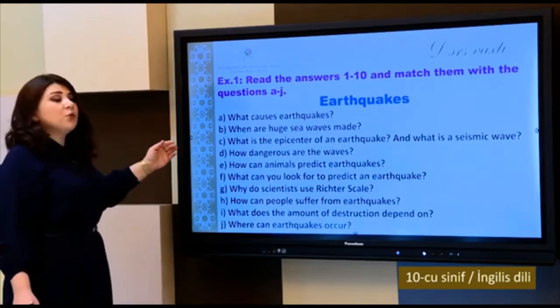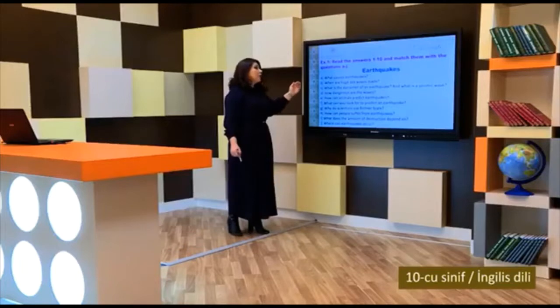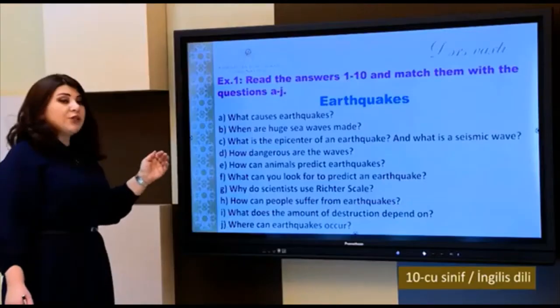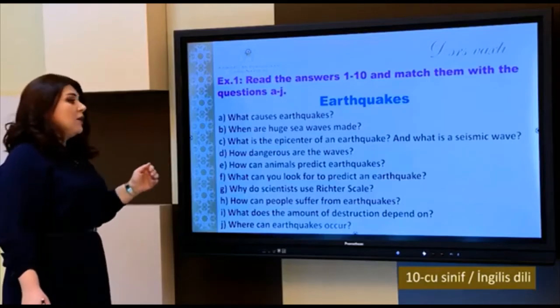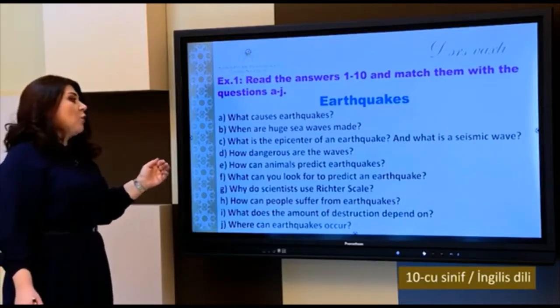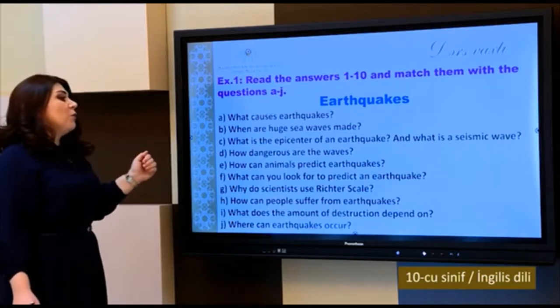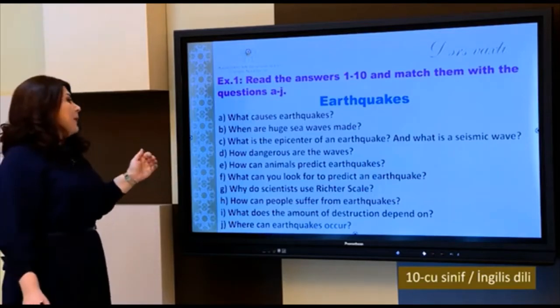Then what questions do we have? A. What causes earthquakes? The first question. B. When are huge sea waves made? C. What is the epicenter of an earthquake? And what is a seismic wave? Then